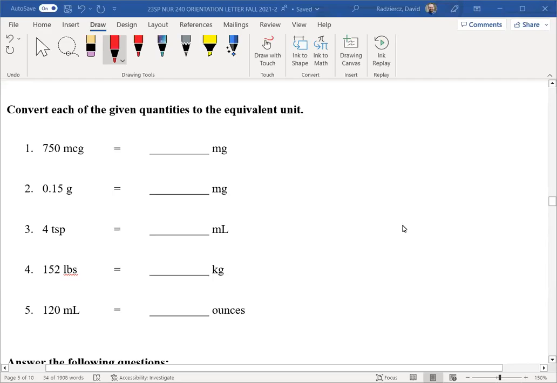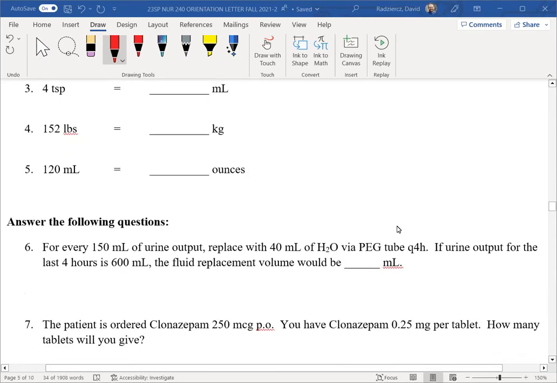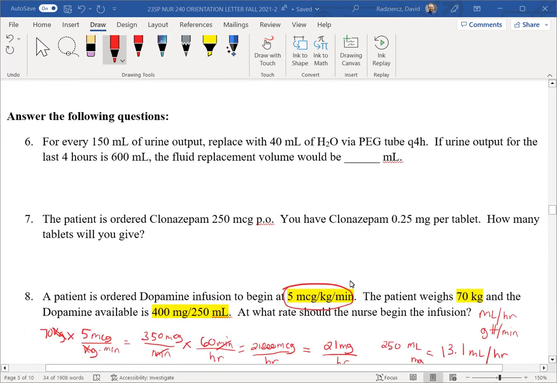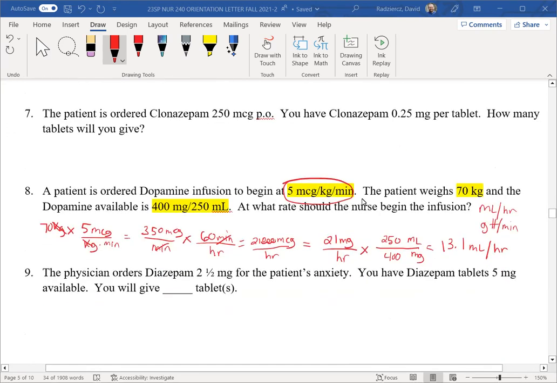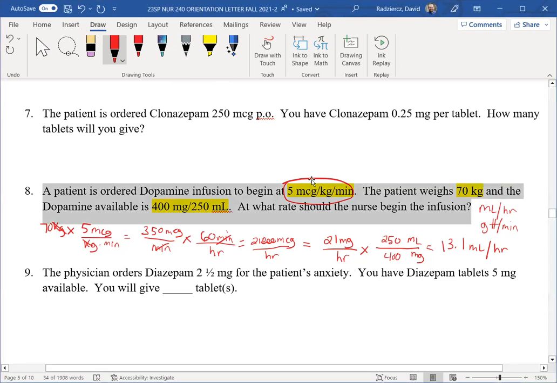So for 240, your test is going to be somewhat similar to the third semester test. You just might have a few nuanced questions like one of these, where you are converting this infusion rate, micrograms per kilogram per minute, to milliliters per hour. And so I'm going to go ahead and start with that question because that's a good one for you